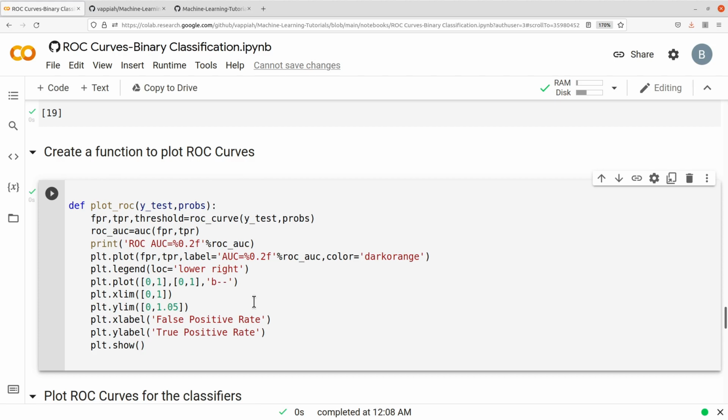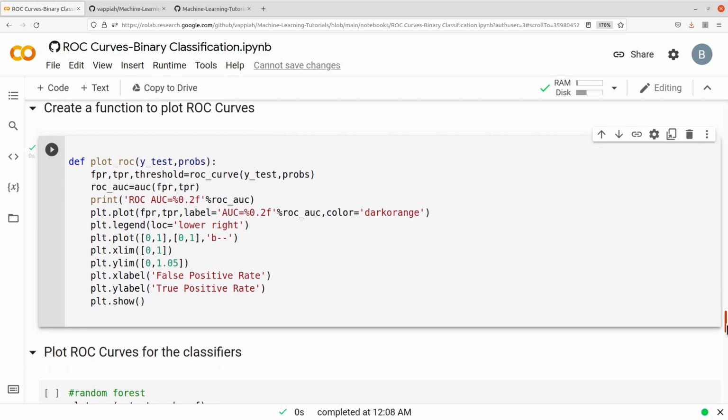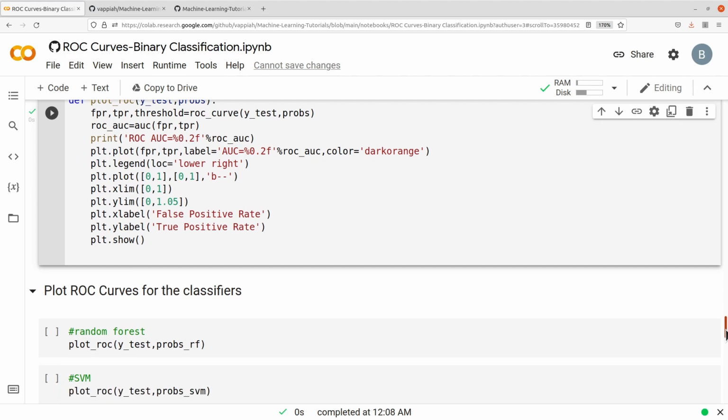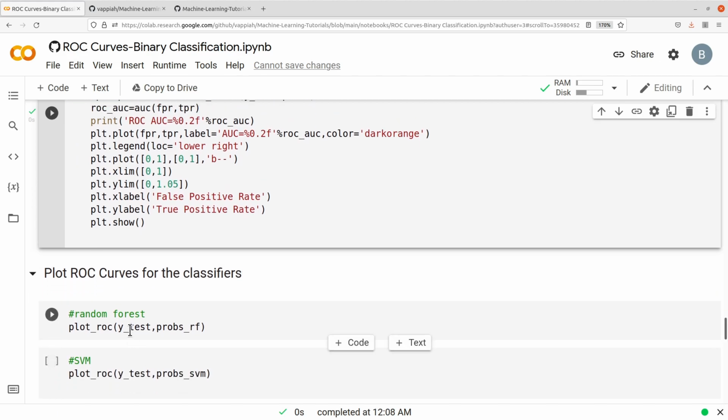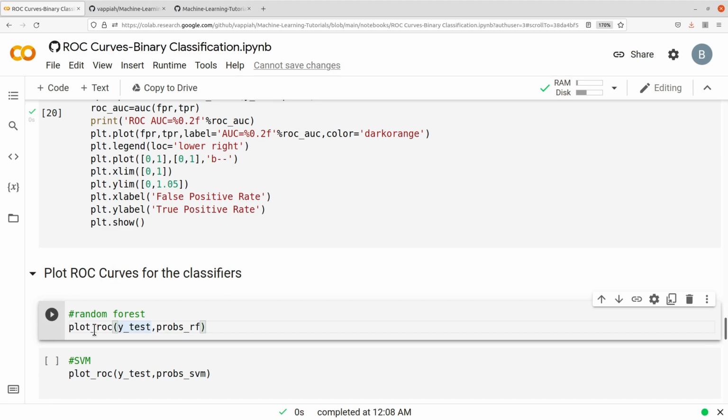It's a function, alright, but it's not going to give any output because we now need to call it. Here we just created it by running the code. So now we will call this function for each of those classifiers, and that is what we have here. So when we are plotting the ROC curves for random forest, we call the function by its name, which is plot ROC,